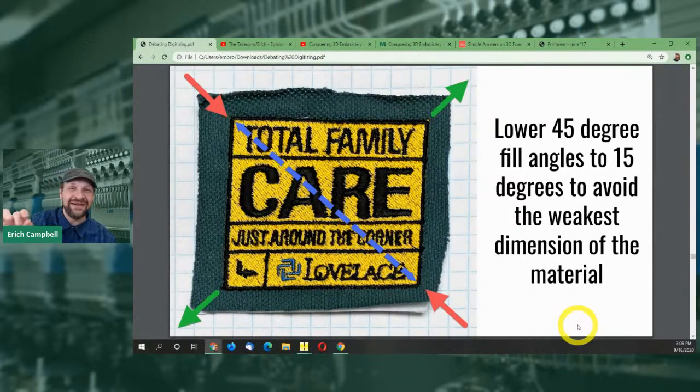When you have a border, a satin border running over fill, certainly the angle of the fill is one big way to compensate for that splitting. Another way is to break up the edge of the satin stitch. So let's go there. This is the thing I like to show you, everybody, though,